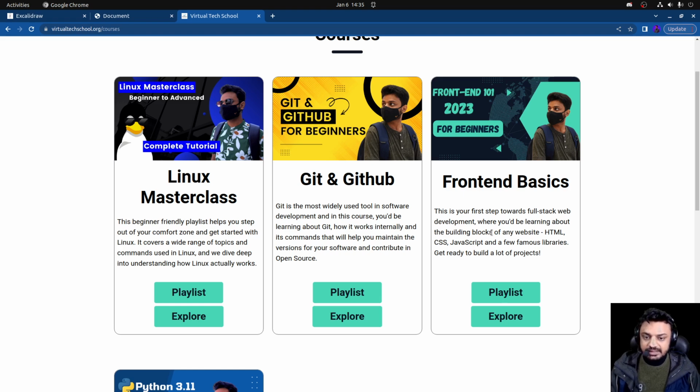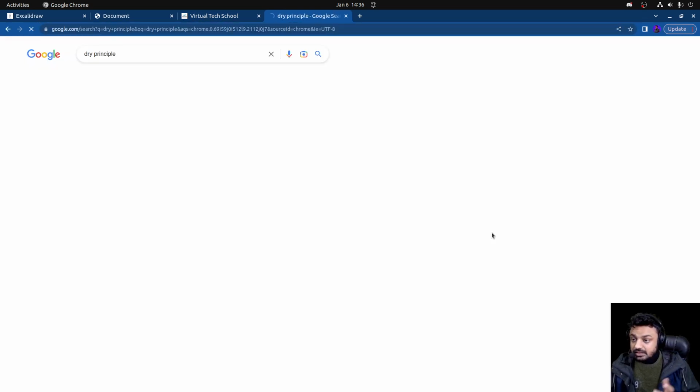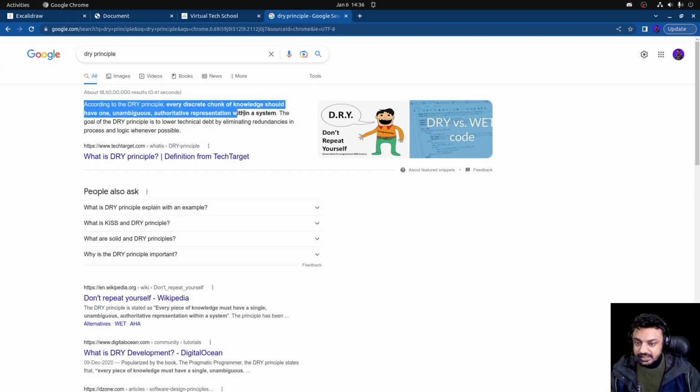So there's a very important principle in computer science known as the DRY principle, which means don't repeat yourself, right? So if I simply Google the DRY principle, right? So according to the DRY principle, every discrete chunk of knowledge should have one unambiguous, authoritative representation within a system. Right. This is what the DRY principle says. And the goal of the DRY principle is to lower technical debt by eliminating redundancies in process and logic wherever